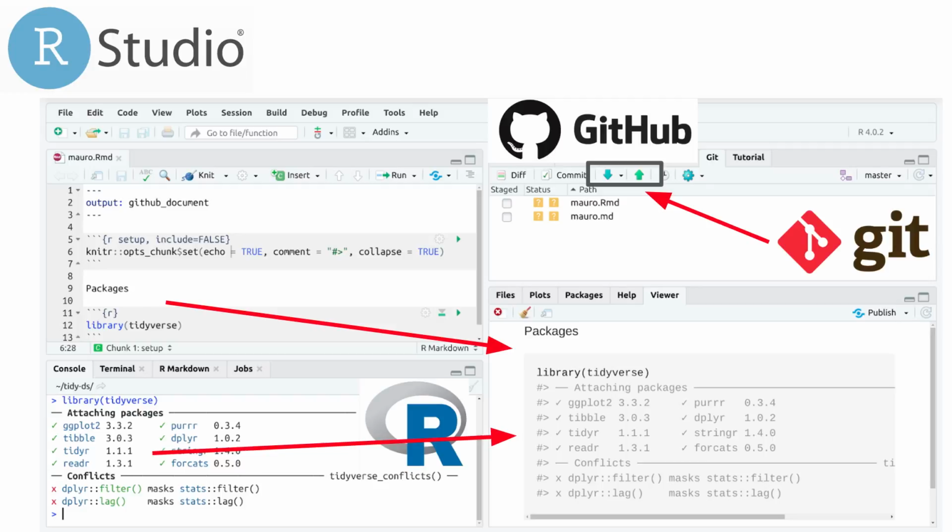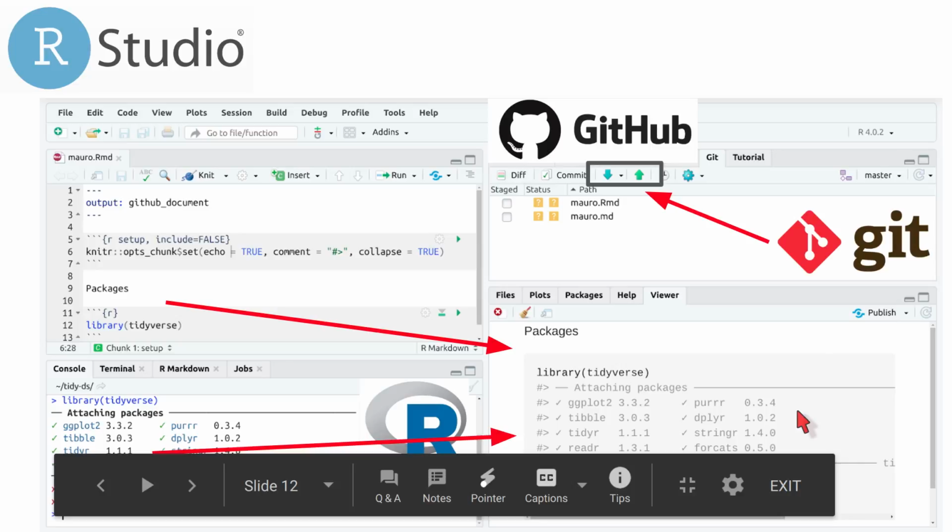But going back to Markdown, that MD format is very special for GitHub, because GitHub decided that wherever a file has the extension MD, it will try to create a web page for it automatically. So GitHub Document for free gives you a web page on GitHub. You can preview what it's going to look like here on the viewer pane.